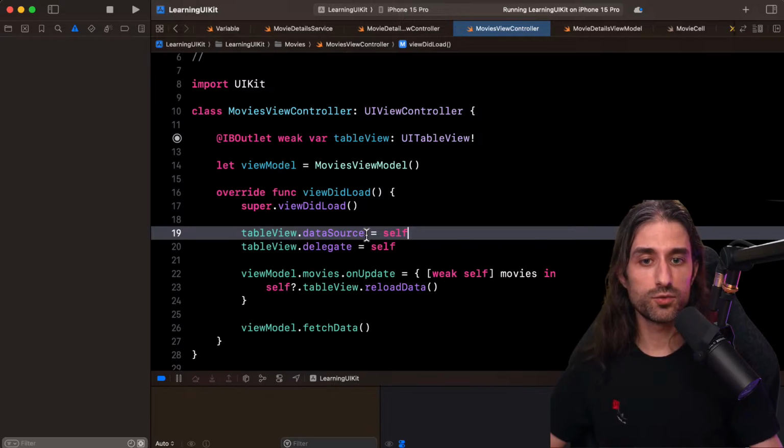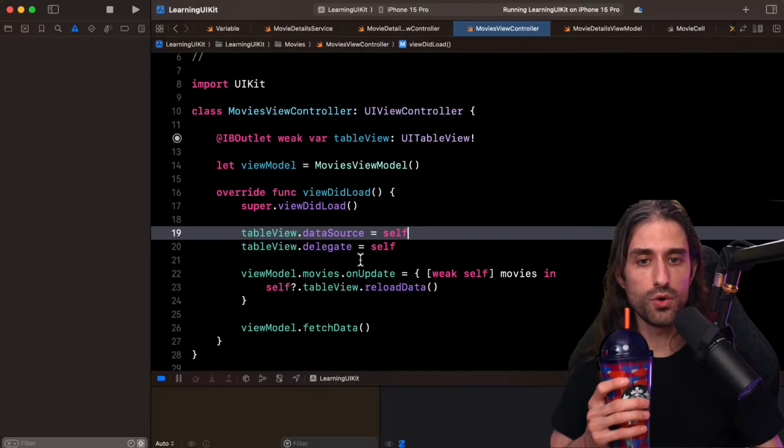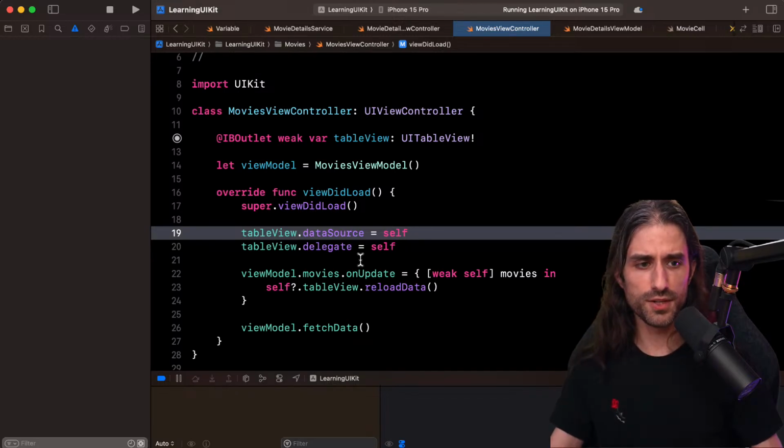So with the data source protocol, the table view is able to ask the view controller for the data it needs to display. And with the delegate protocol, the table view can ask the view controller to handle user events like the user tapping, selecting a given row in the table view. So that's the gist of it.